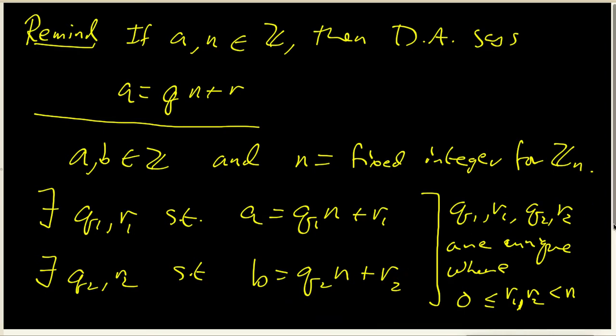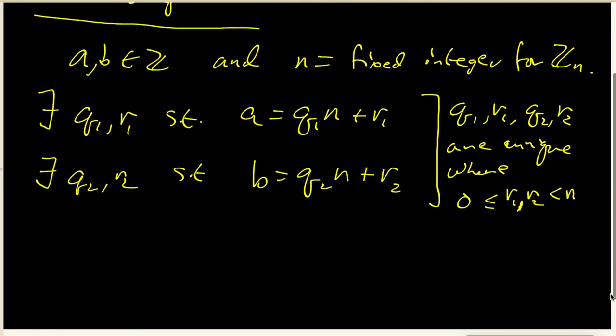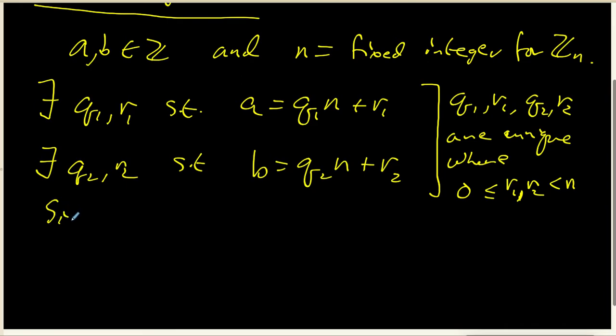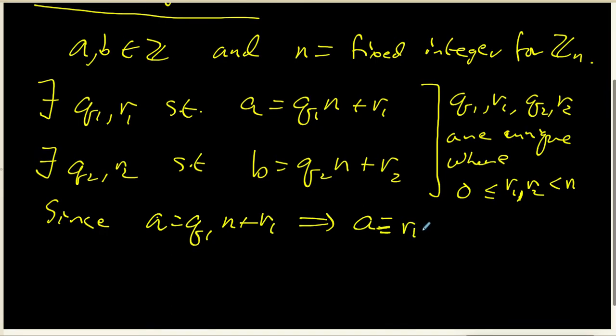And under these circumstances, we know a couple of very important things. Since a is equal to q1 times n plus r1, that tells us that a is congruent to r1